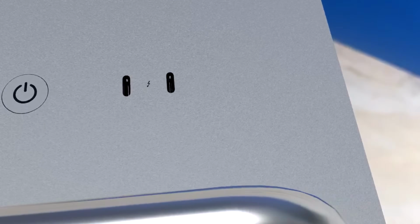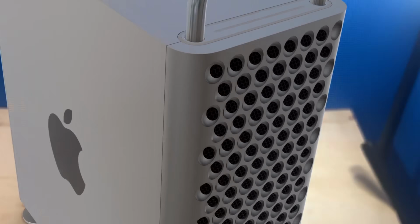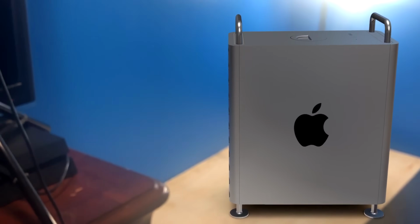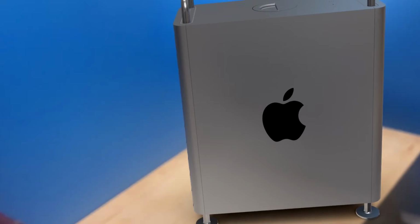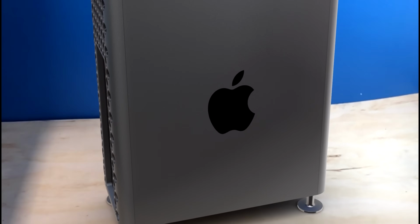But all jokes aside, putting the price aside too, I'm happy that Apple brought back the Mac Pro. At least Apple cares about the professional market. Because coming from that trash can, a lot of people did not like that. People just didn't like the design of it. People just didn't like the trash can. It was a nice little throwback that Apple brought back the cheese grater, the tower, and allowed us to configure anything we want on there. And yeah, I respect Apple for that, for caring about the